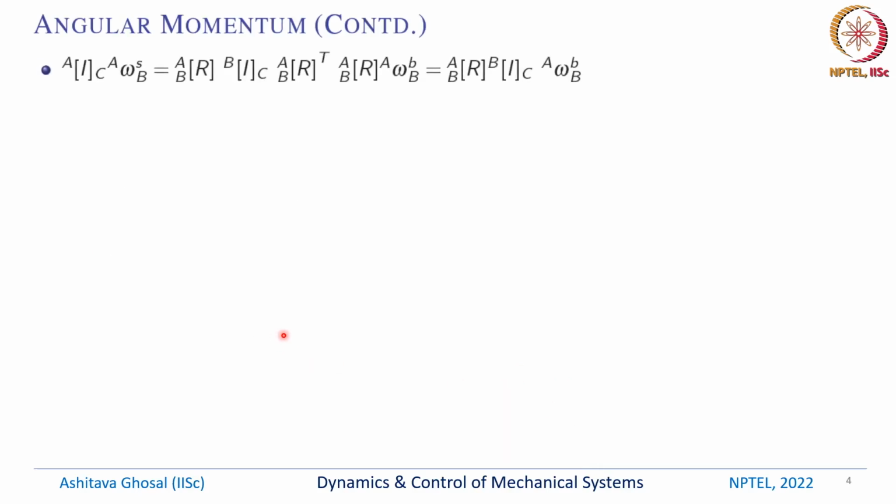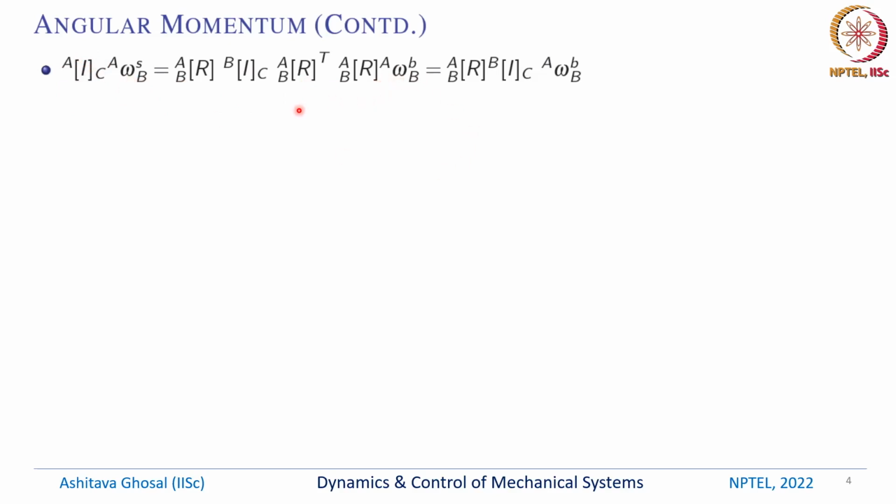So now from that expression we can show that this AIC into A omega BS can be written in terms of ABR into BIC into ABR transpose. So AIC is this part here, and then A omega BS can be written as ABR into A omega B, the body fixed angular velocity. So I'm just rewriting this in 3 terms here,